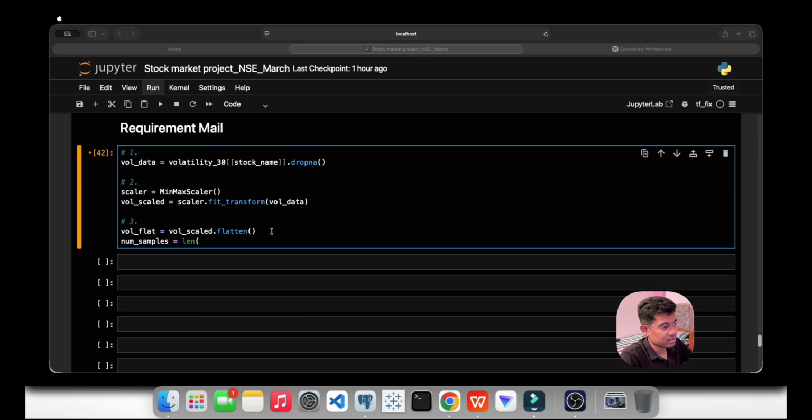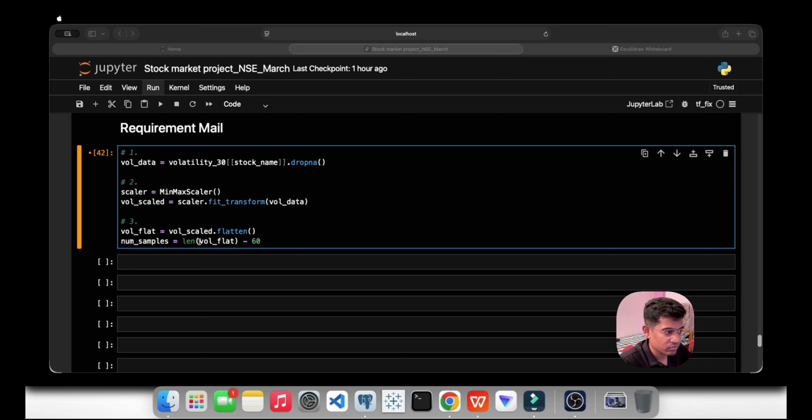Length, in this I will give the volume flat, minus 60. Why are we doing this? It will calculate how many sequences we can create.